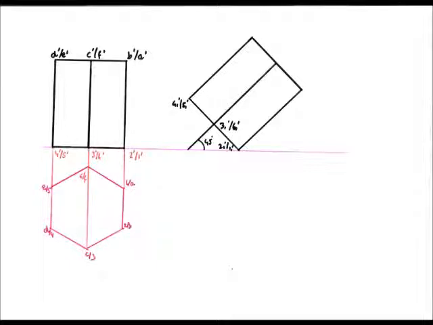Now what we do is completely reproduce this hexagonal prism at an angle of 30 degrees, which in this case is written as 45 degrees, but it doesn't matter, this would be 30 degrees. Assume this 45 degrees to be written as 30 degrees. There is an error, I apologize for that.